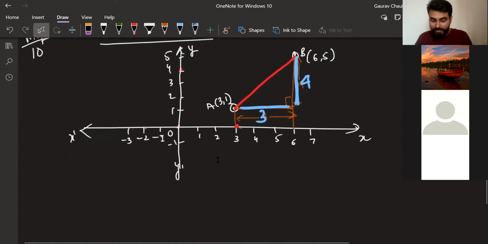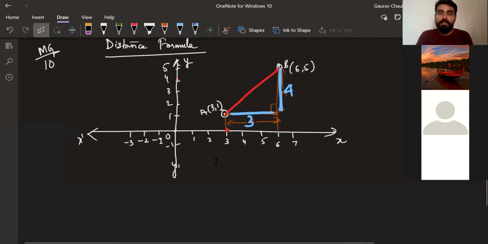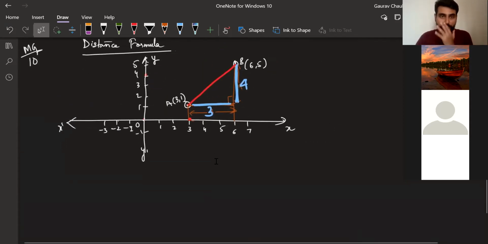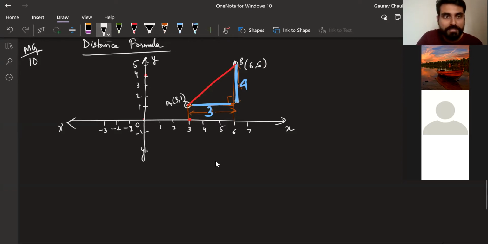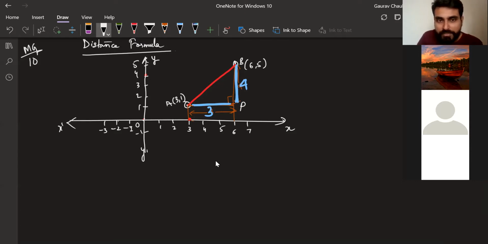So just to come back to it, we'll derive the formula right now. You will be taking this diagram down, but in a minute, I'll derive the formula and then we will take down things. Now I want you to think about this. Let's label this point as P, this point as Q and this point as R.